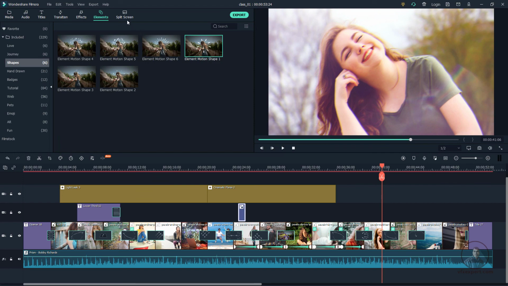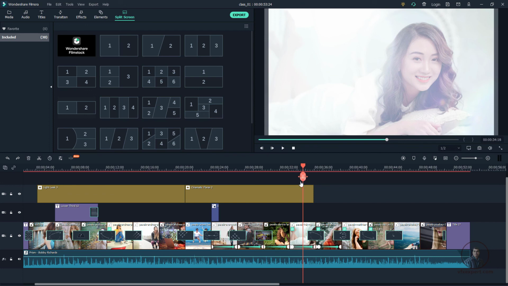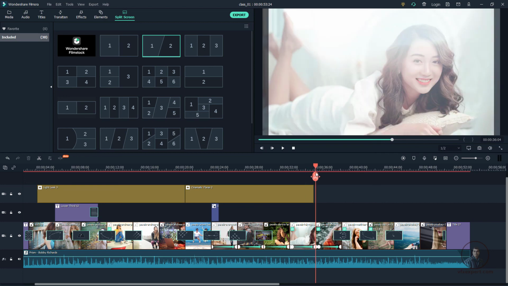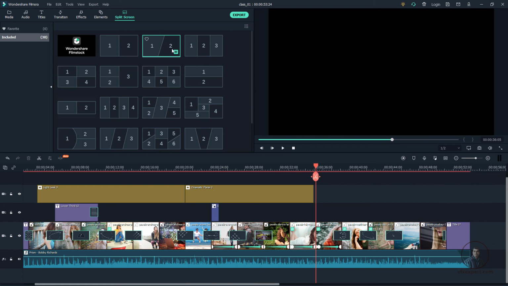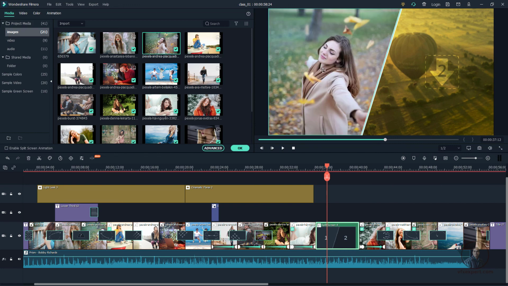Even if you want you can also use this split screens option here. Suppose after this clip I want to use this split screens effect. Select this one, delete it, and place it here in between these two media. Then use the up and down arrow key, then click on this plus icon, so it will automatically insert in between these media. Now select this one, come to the media folder, and whatever picture you want you can place it here, just drag and drop.